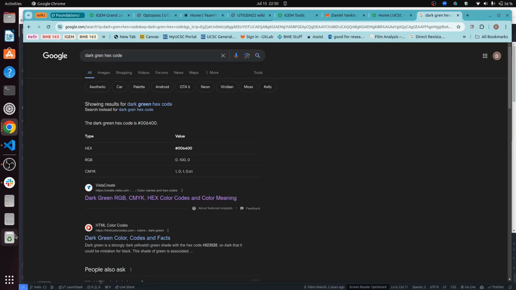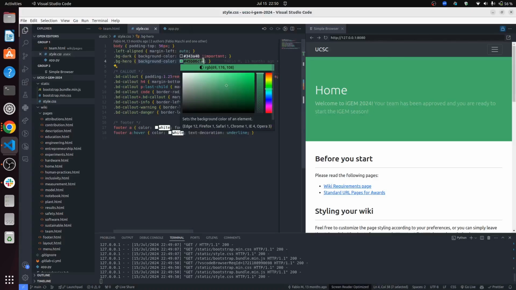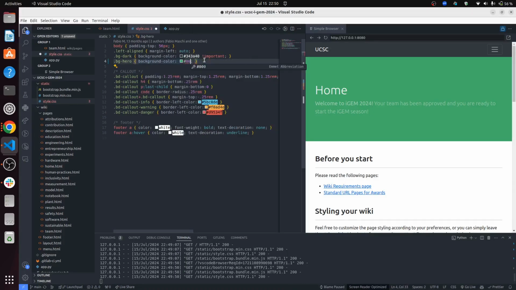So 0064. Let's try that. Okay, there we go. It does look like dark green,